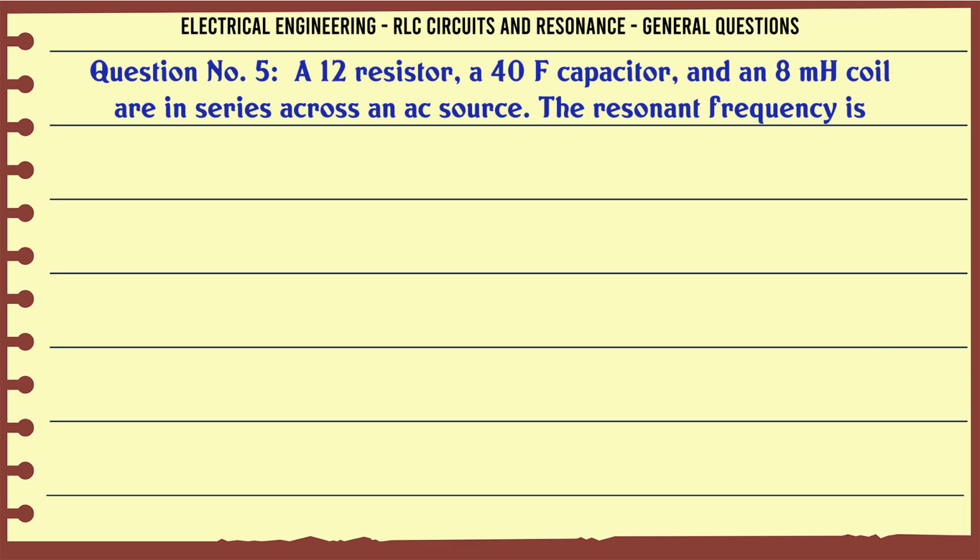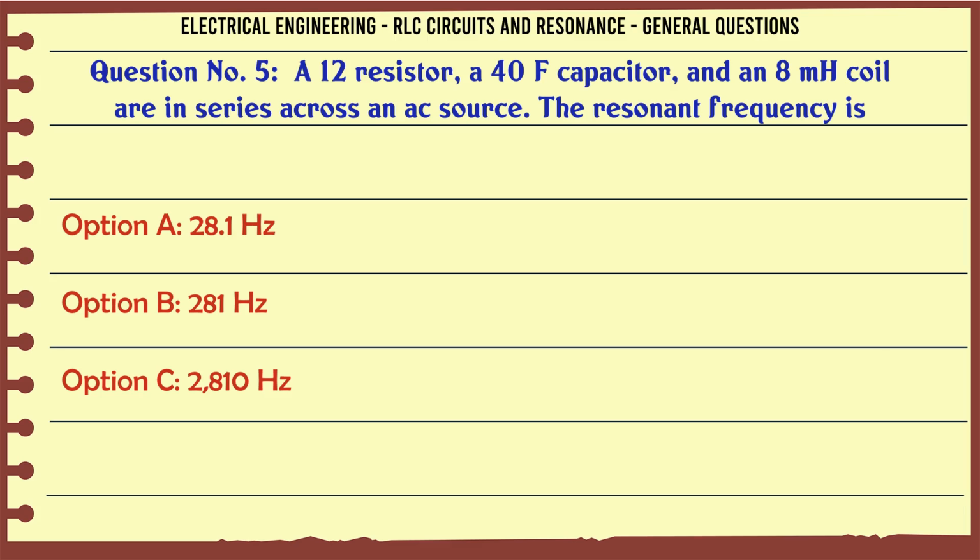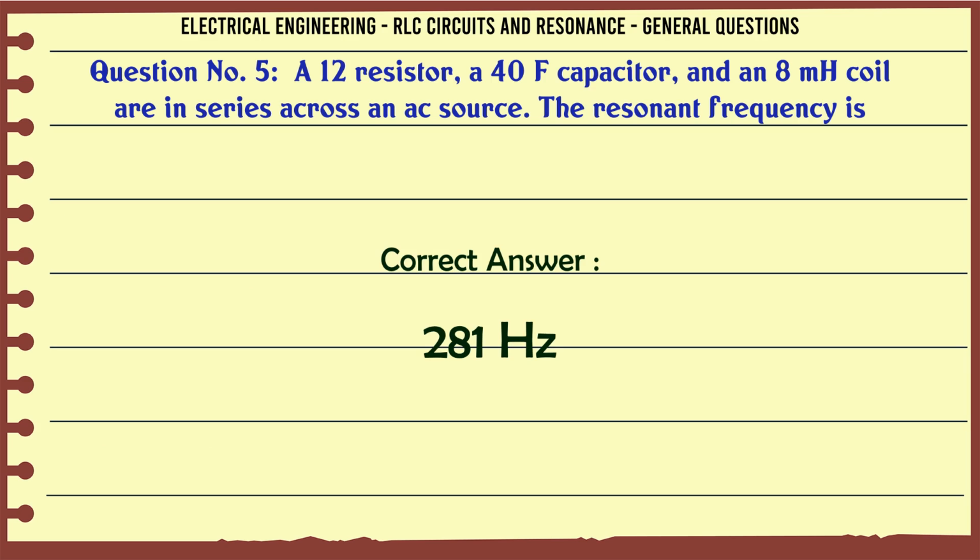4337 Ω. A 12 Ω resistor, a 40 µF capacitor, and an 8 mH coil are in series across an AC source. The resonant frequency is: A, 28.1 Hz; B, 281 Hz; C, 810 Hz; D, 10 kHz. The correct answer is